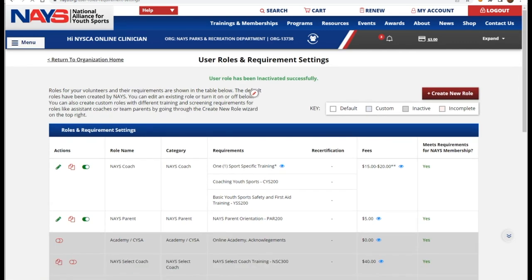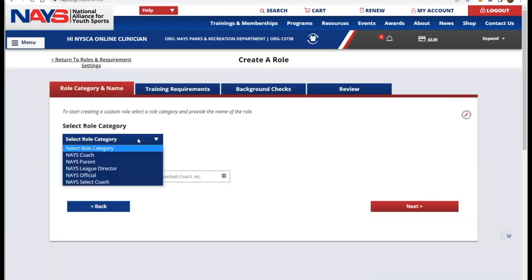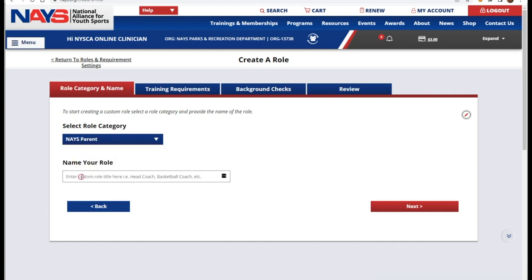That makes a great addition to their normal training. So now I am down to 2 different roles, and I'm going to go up and create a new role because I want to add one other role here. I mentioned the team safety parent a little bit ago as an option. So I'm going to actually create a role for a team parent that sits on the bench, a typical team